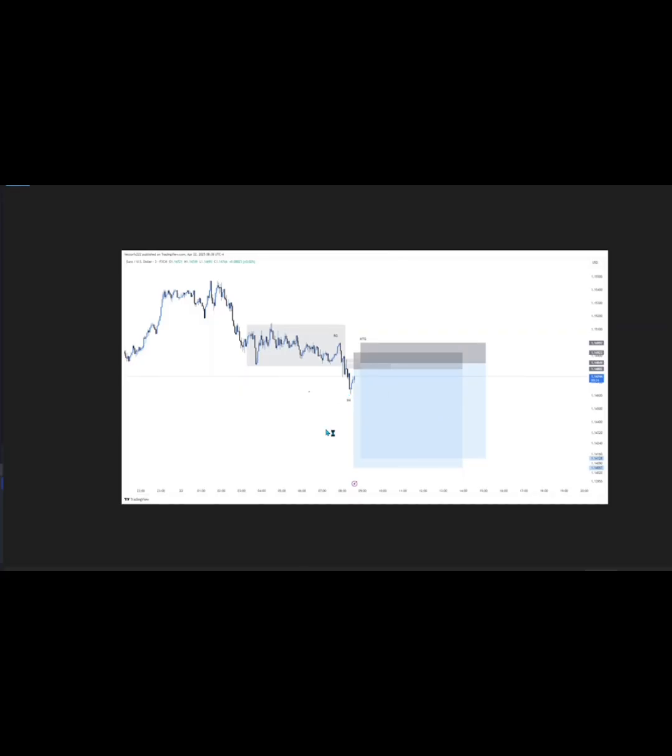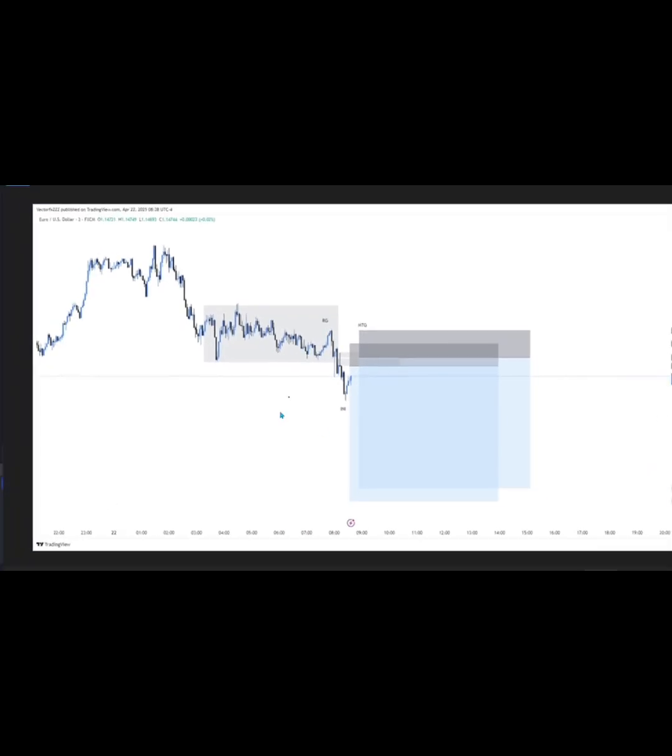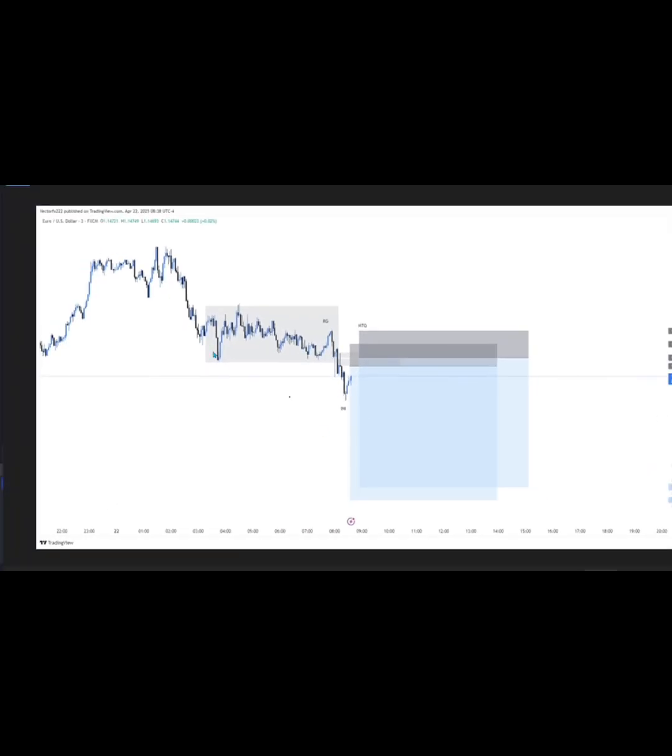The first trade we took was on EURUSD. Now this was based on the RIMC model. This is what I saw. I saw a strong move to the downside. I saw a range here. I saw a breakout in the direction of the initial move, and then I saw a possible pullback into the